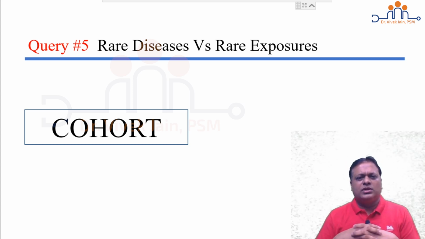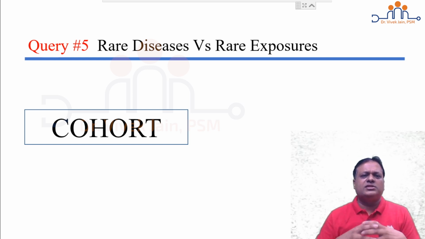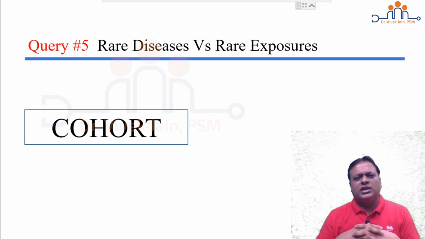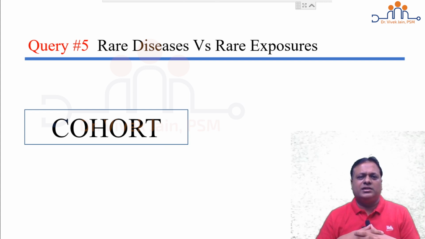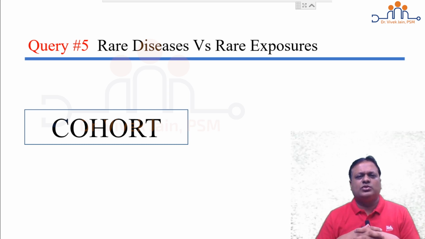Suppose you take 100 smokers and 100 non-smokers in 2020 today. You go forward for 15 years till 2030. Now suppose lung cancer is very rare in smokers. One lung cancer occurs in a million smokers. Now we have only taken 100 smokers. So we will keep on waiting for 15 years, keep on applying diagnostic tests. But because the disease is rare, it will not at all occur. Wastage of time, wastage of money, wastage of resources for 15 years. A cohort study should never be undertaken for a rare disease.